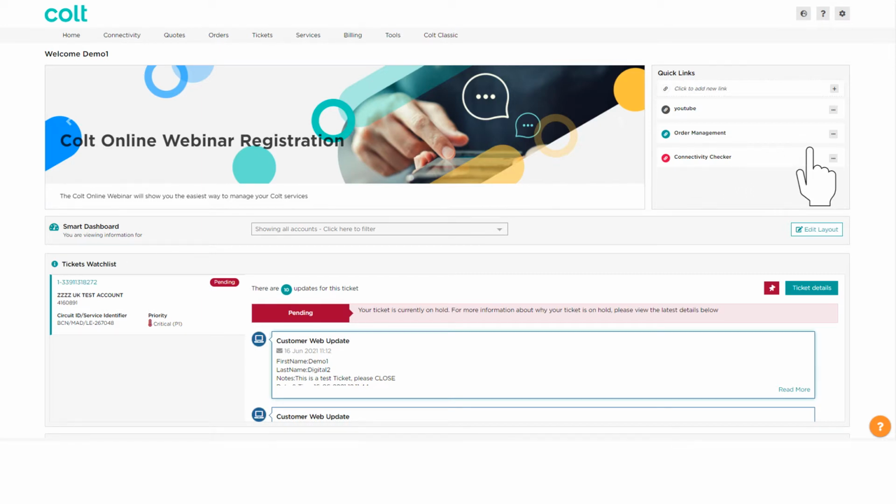Moreover, the dashboard is fully customizable, meaning that you can decide which information is important for you to be shown in your dashboard. For instance, you can drag and drop widgets up and down on the page and even hide and show widgets too. Just click the Edit Layout button to start setting up your dashboard. The widgets that you can see on your dashboard depend on the roles you have associated to your profile. For instance, if one does not have a billing role, he won't see the billing widgets.